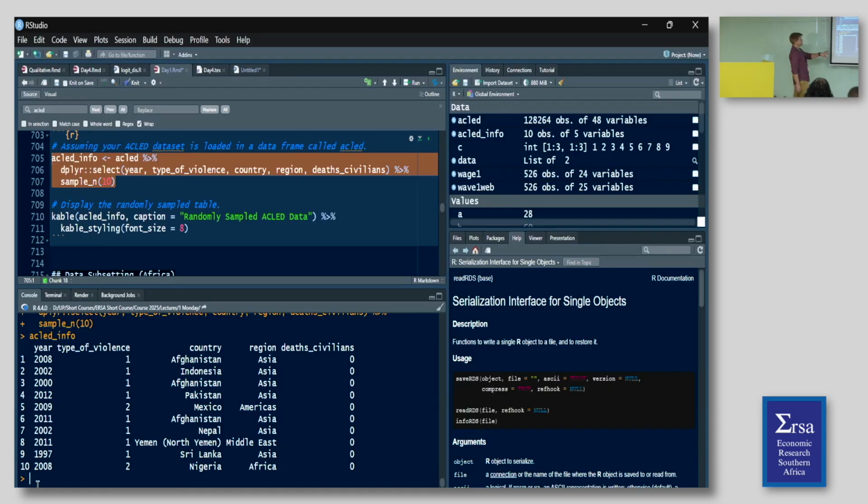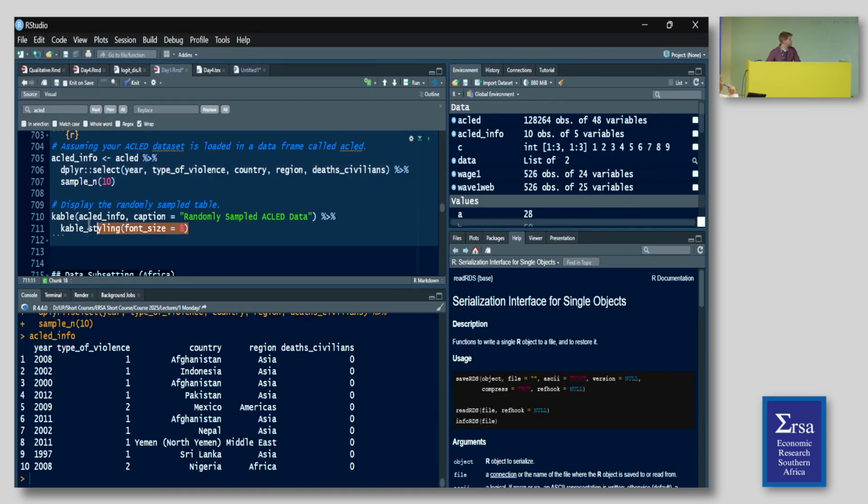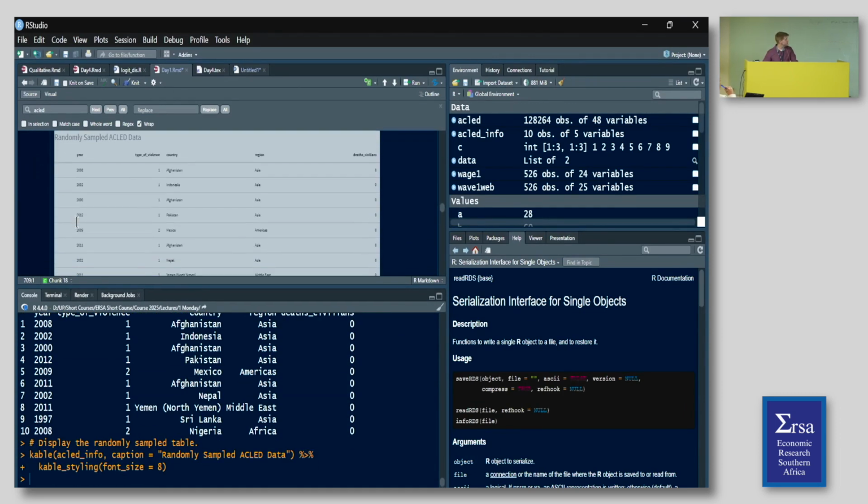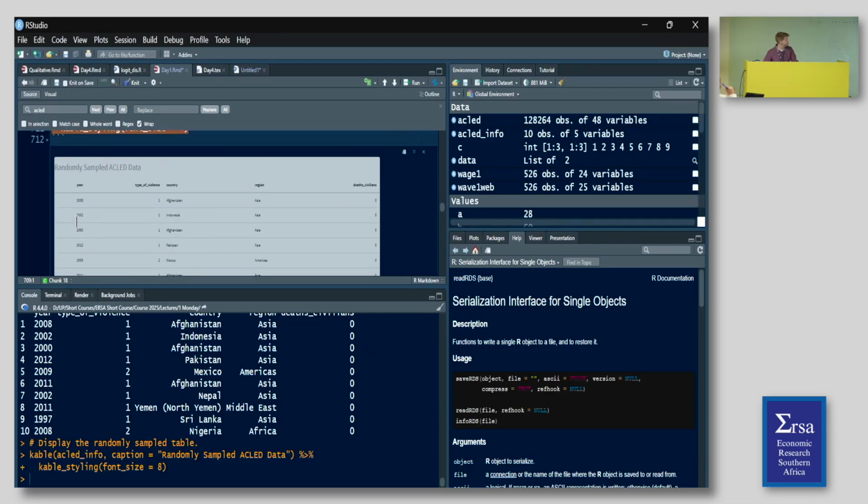So I could basically copy and paste this, or I could use the kable, which is more of a defined output for me. Either way is fine right now. It's mainly getting some practice with it, but these are just examples of how you might start to find a way of displaying your output in a little bit better formatting structure.